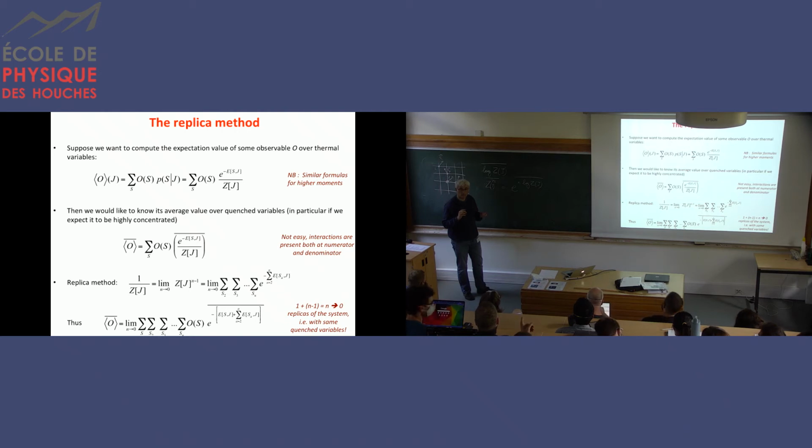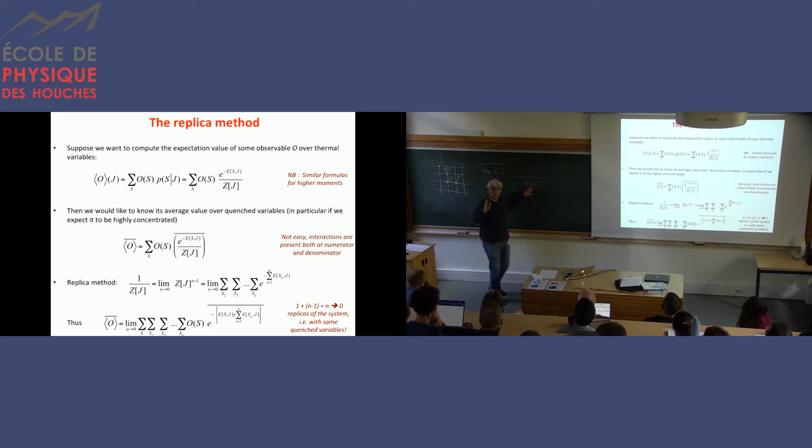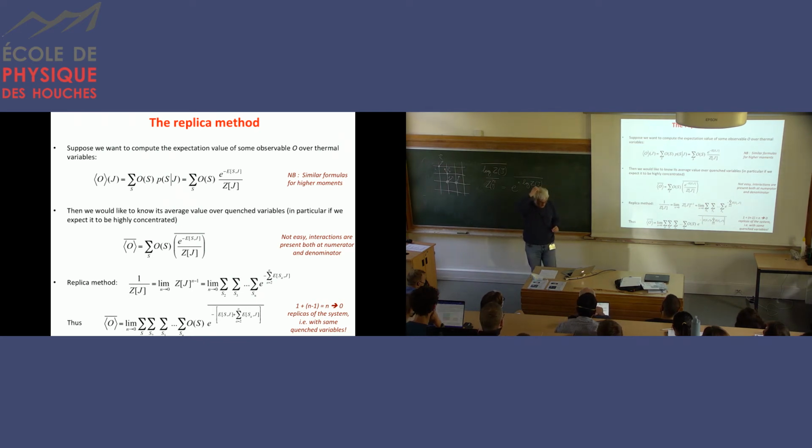But why can't you just add and subtract 1 inside the logarithm and Taylor expand the logarithm in powers of z? Oh, you want to Taylor expand here log of 1 plus z minus 1? Yeah. Okay, but we are in a regime where z is actually very far away from 1, right? Z will be typically exponentially large in the size of my system, so it will be exponential capital N times something, right? So we'll be completely out of the radius of convergence of a series and so on. Sorry, I misunderstood your question. Okay, so we cannot do that.